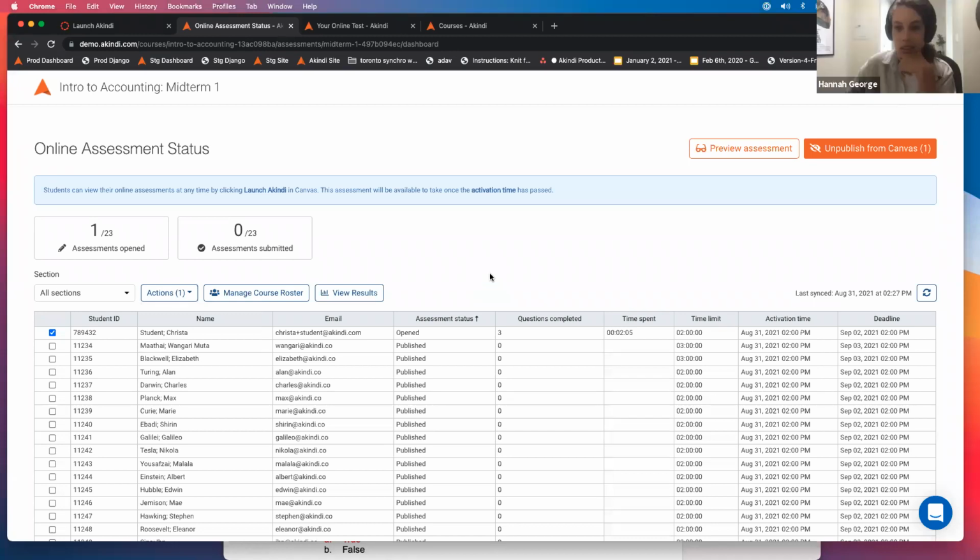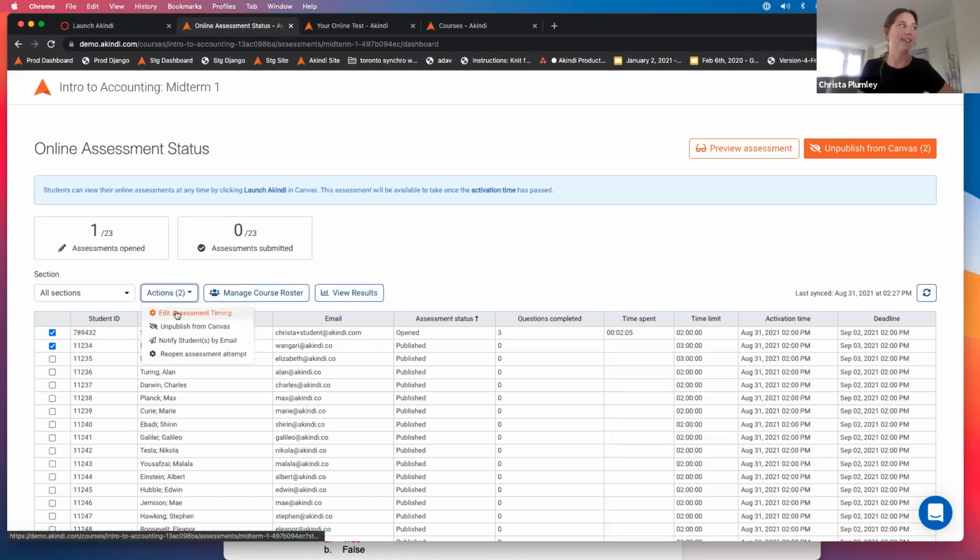I have one more question just regarding the timing side of things. Can the timer be extended but not reset for all students or selected students while the test is in progress? Yeah. So again, going through the same process in which you can select the desired students, click actions and edit assessment timing, and then change that student's